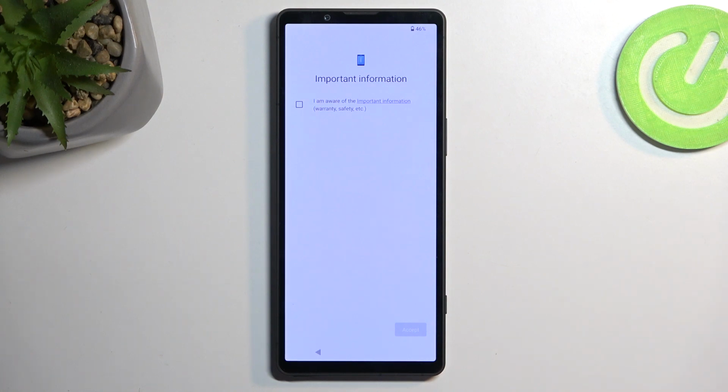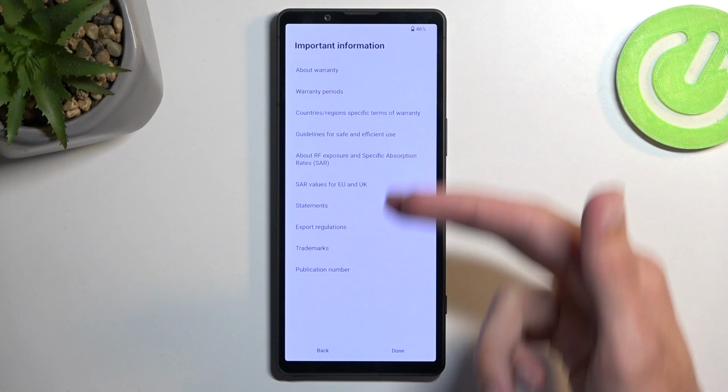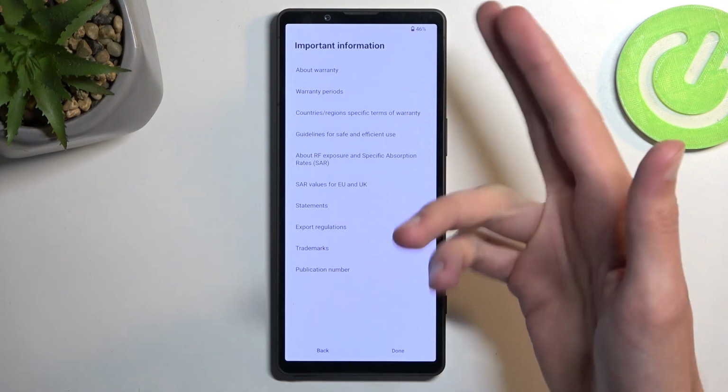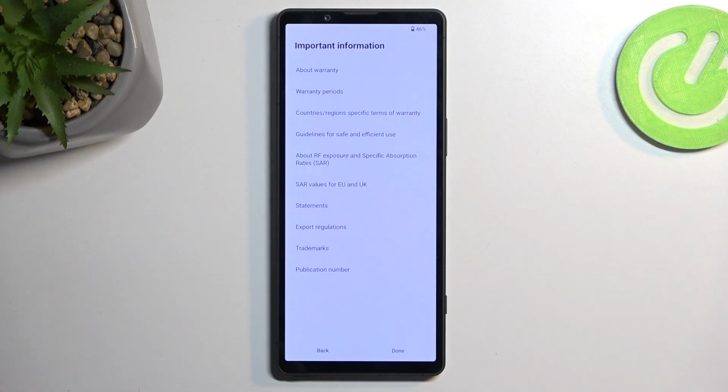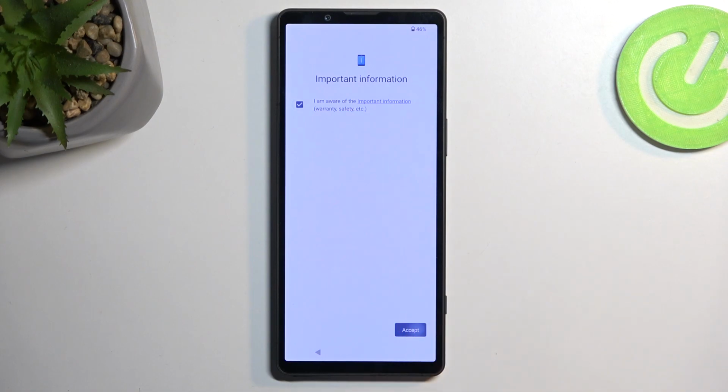is I'm aware of the important information. That's a great way to describe legal documents. You can tap on it and actually see what you're agreeing to, which has some warranty and a bunch of stuff right here that you can just check out if you're actually interested in reading the actual legal documents that are associated with it. From there, you do need to check that you have read and agreed to it, and then you can